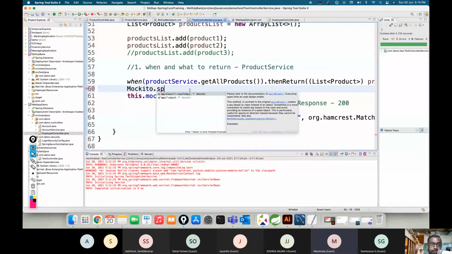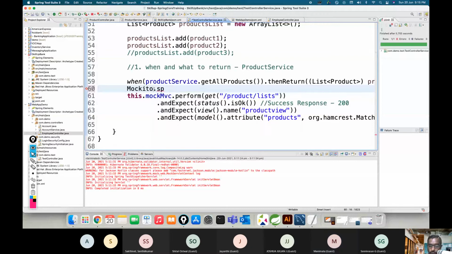Okay. So I want to know the purpose of that spy. Yeah. So see, whenever you're operating on top of this Mockito, generally I'm saying, okay, it's not just about the spy. Even I have not worked directly with the spy, so I don't know whether I can give a right explanation. But in general, any of the static methods that you operate on top of this Mockito, what it does is